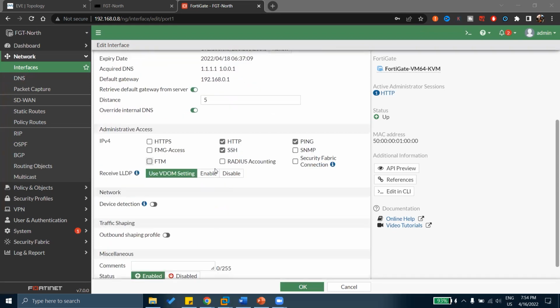Okay, next, administrative access, as in what kind of access are